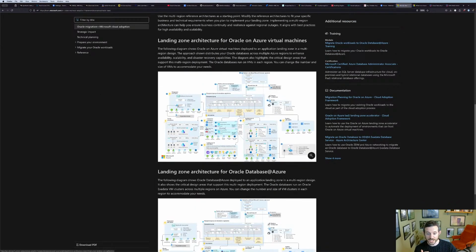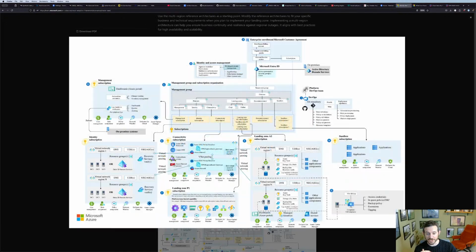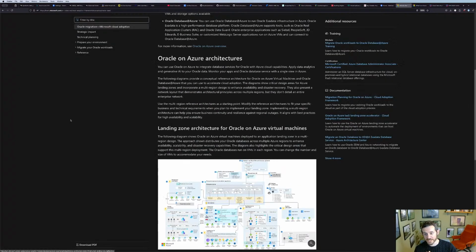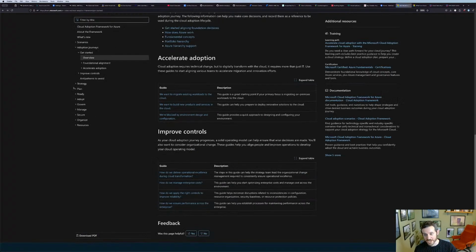Now, we're going to get into these diagrams in a minute, but just for example's sake, here is a schematic of the way that they suggest that you set some of this stuff up. Now, you don't have to do all of it, but as you click through this, you'll find many things. The other thing that you'll find as well is they provide a lot of templates to get you going.